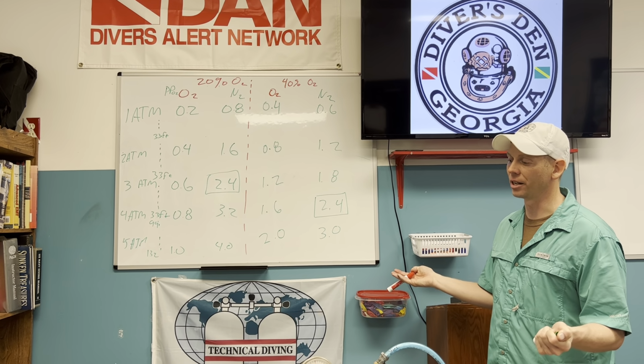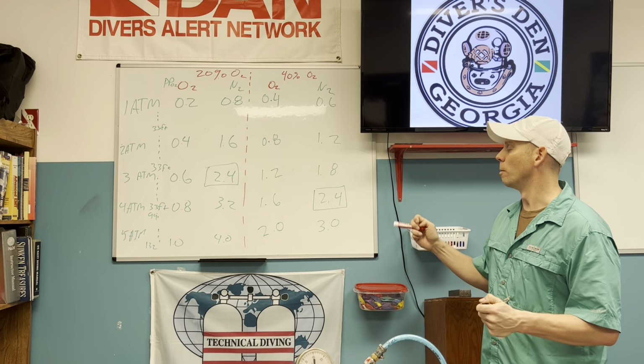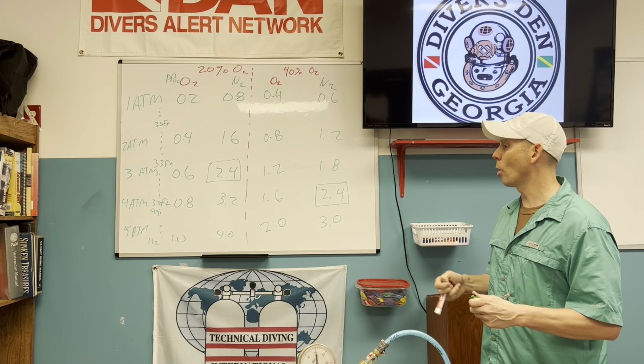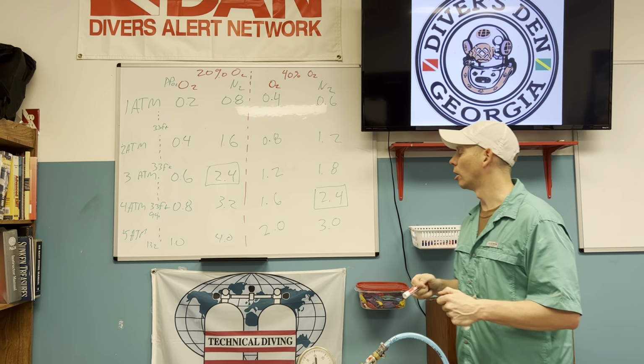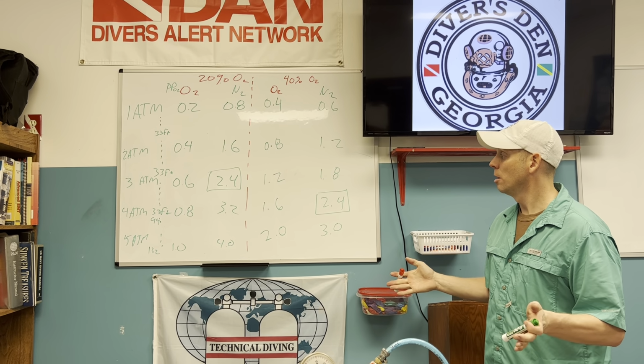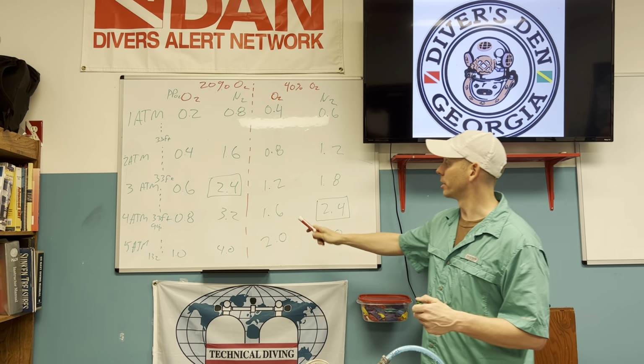You could plan it, but it's just another number to remember. So a more feasible and easy way to limit our exposure to oxygen is just putting in a maximum operating depth,